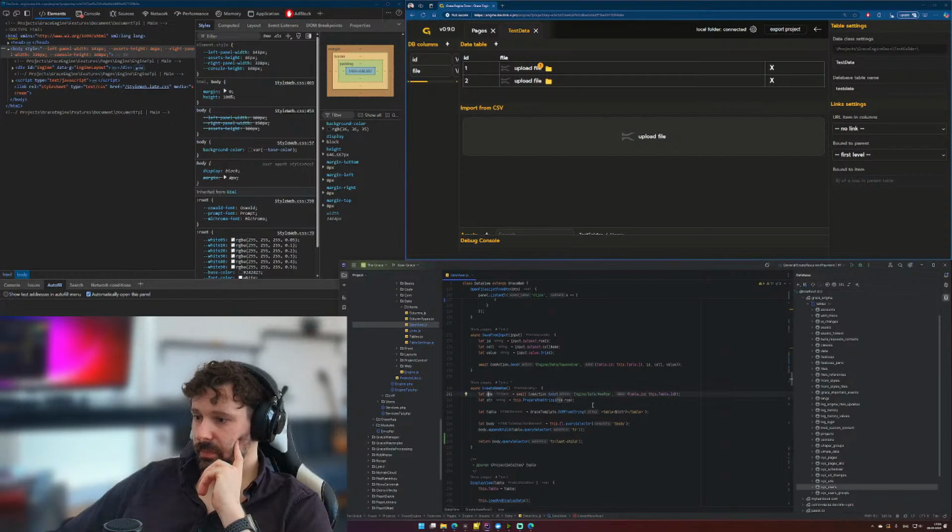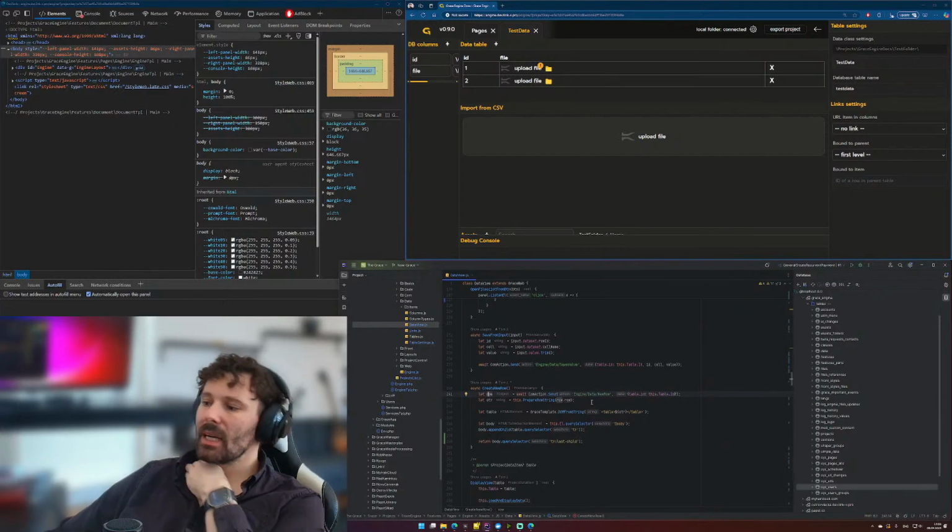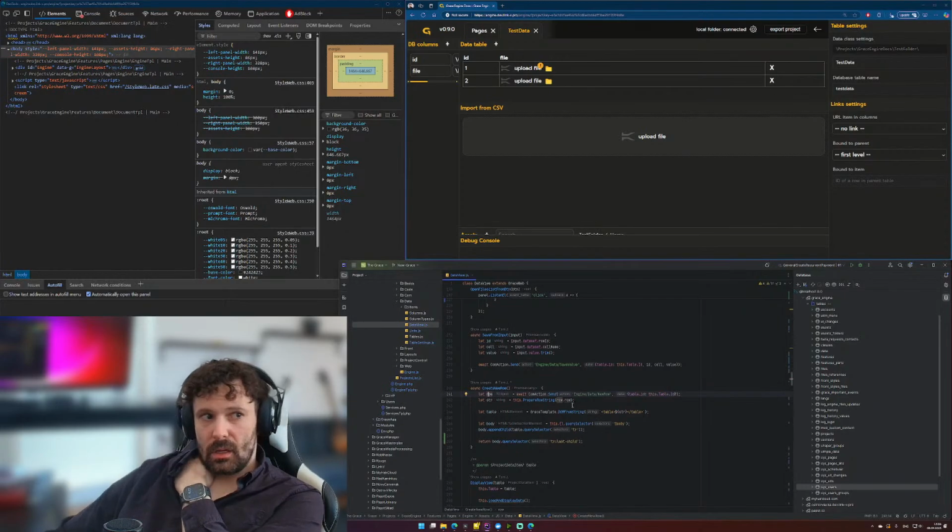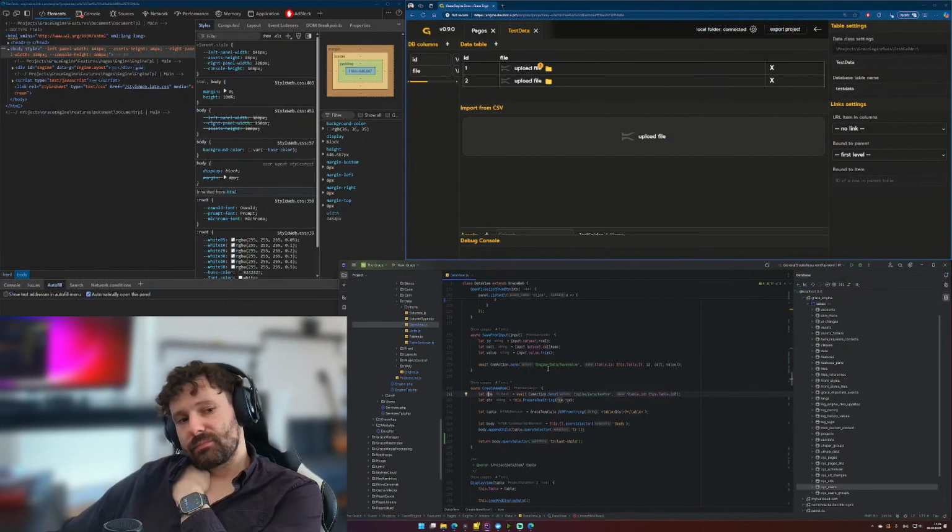Create new row. You know, right now I'm thinking